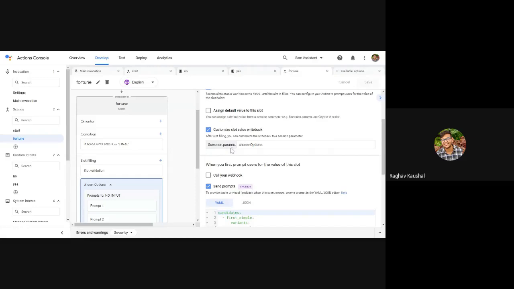Okay, I can even show you in the logs that there is one section called session. Think of it like one box, and that box has "session" written on it. When you go inside that box, there is another small box with the name "params" written on it. It has saved it as the chosen option, so it is saved there.